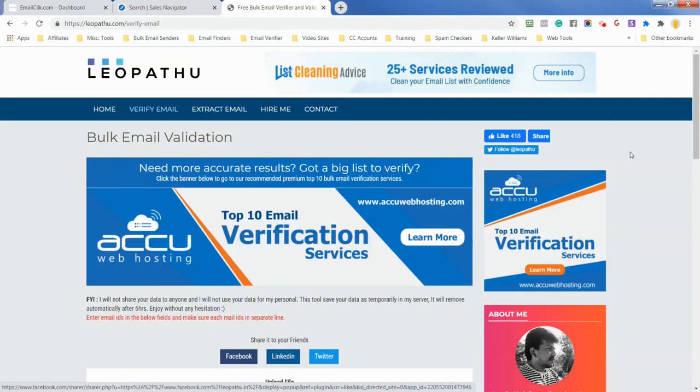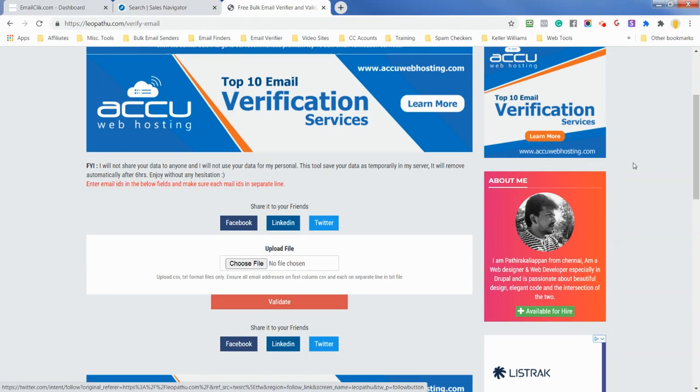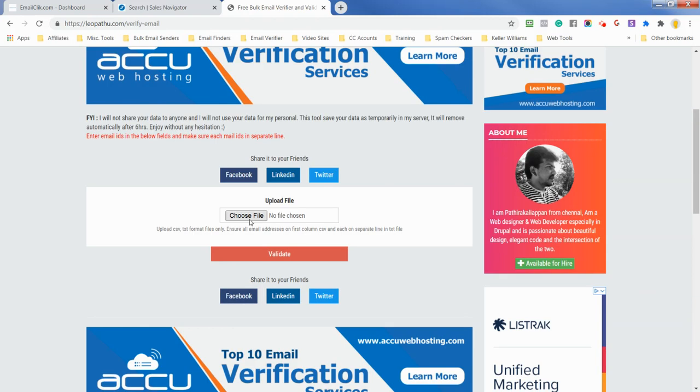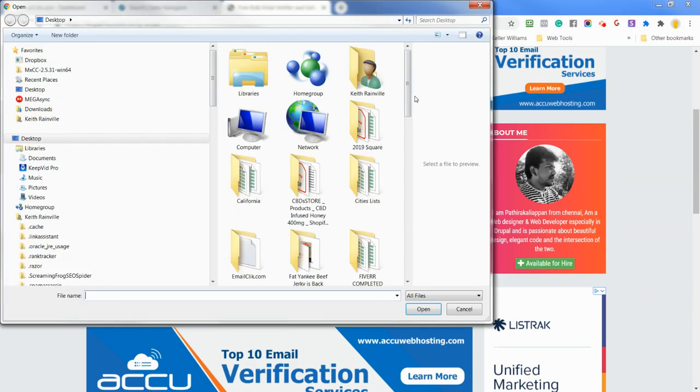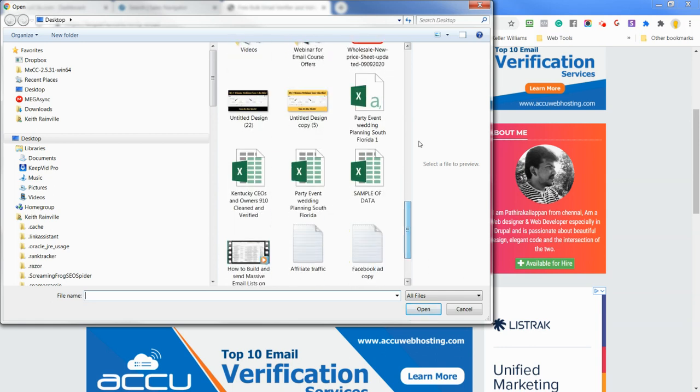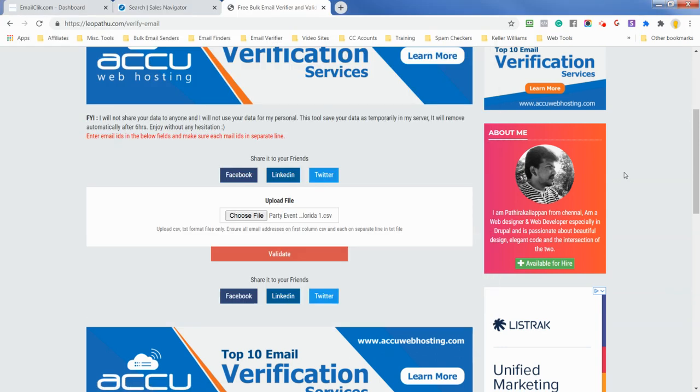So today I'm going to show you a super cool little trick on how to verify emails for absolutely free, okay? So here we go. This is Leopath. This is a website where we're going to use their verification tool, but this takes a little manipulating. So what I'm going to do is upload a CSV file, and in the CSV file, just so you can see,